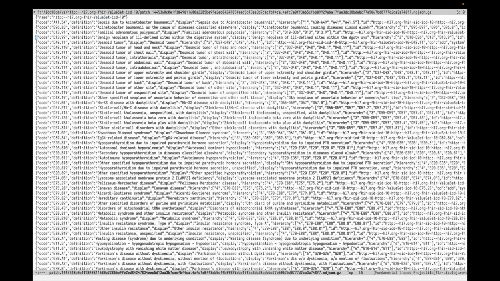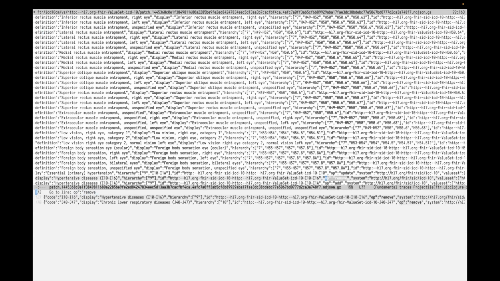Yep. So this is like the difference between ICD 2023 and 2024. We can find some, I guess, remove. So they removed this code from the new version. So yeah, it's just a stale one. We can find a new one by this add. So they added a bunch of new stuff and